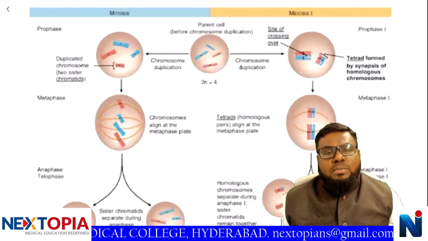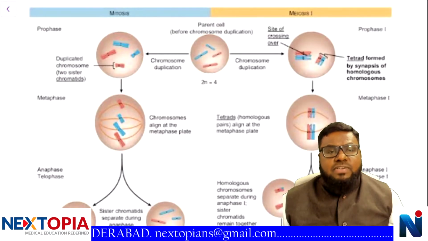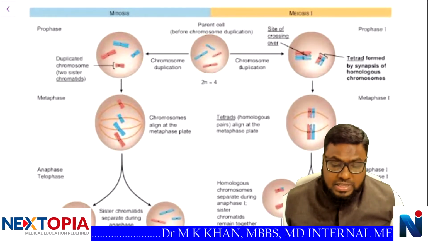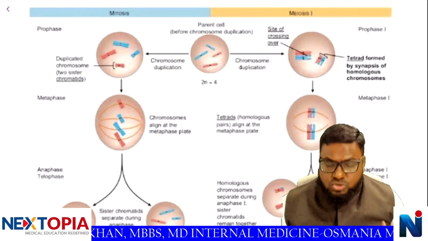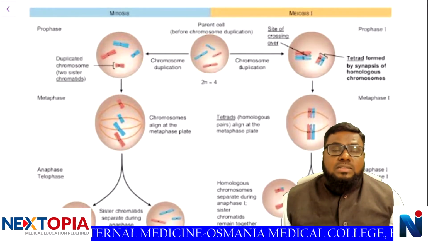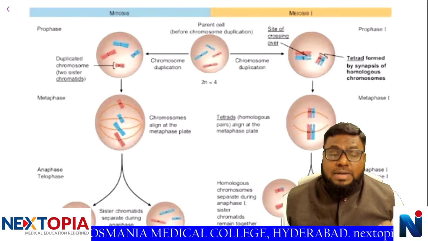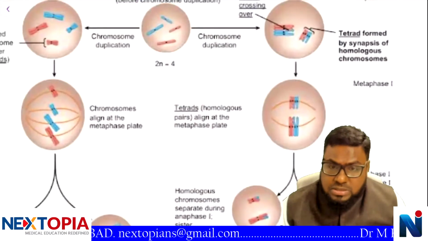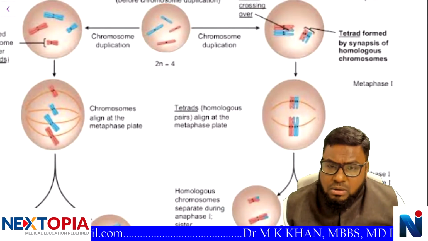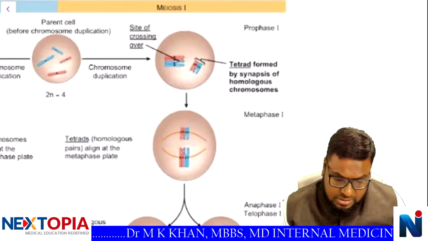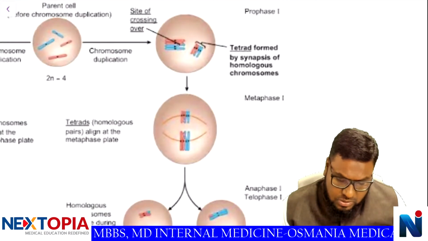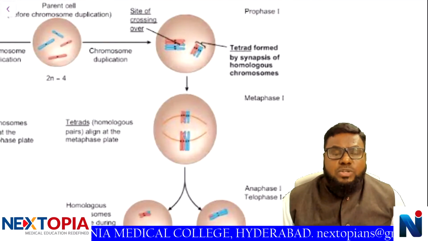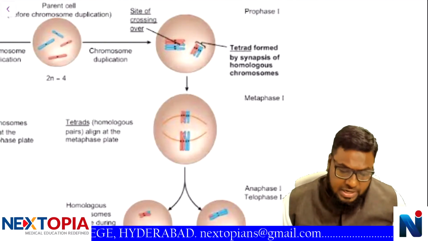The cells resulting from meiosis, that is the gametes, differ from adult cells in the fact that the number of chromosomes is reduced to half the number. This is the first important point. The genetic information of various gametes is not identical. For example, if you can follow this diagram, we are talking about meiosis 1 here. In case of meiosis 1, the number of chromosomes is reduced to half the normal number.